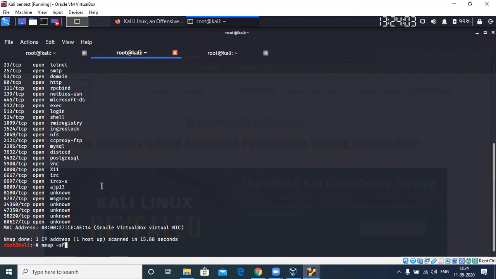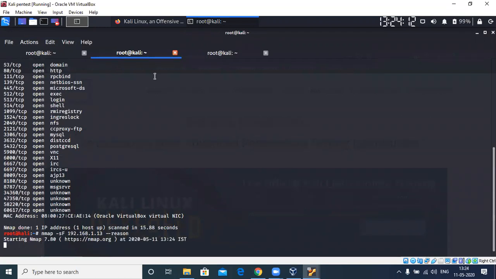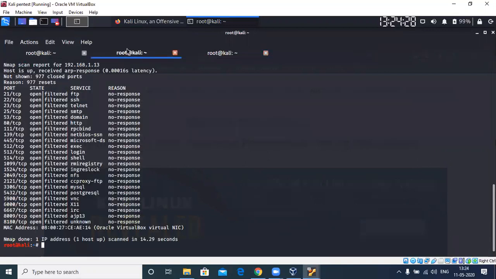I'll run a FIN scan on 192.168.1, and next I want to perform a normal SYN scan. Obviously, you can see another column, reason.